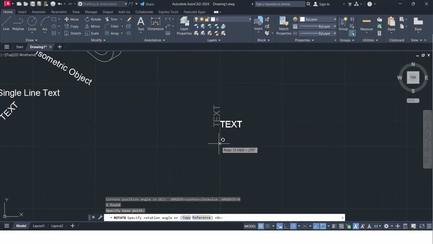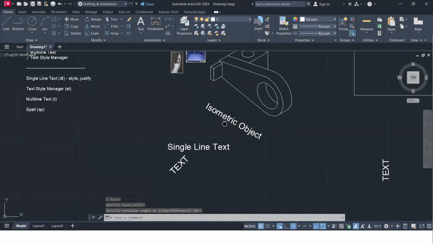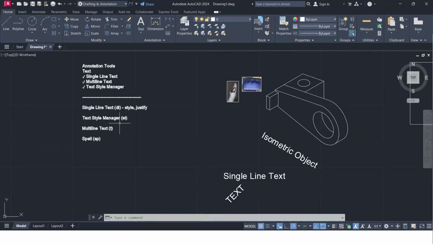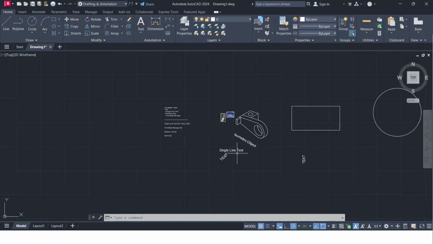Okay, same thing, rotate command. This is just a simple object, so you can also use the rotate command for this. But if you need it, then you can use it this way. Okay. And then suppose I want to change this font and change anything and change this alignment, then we